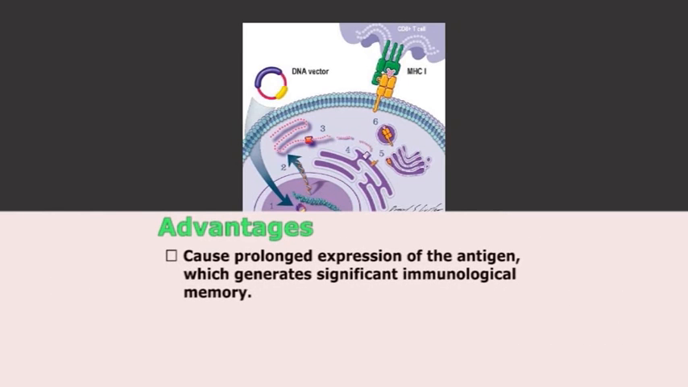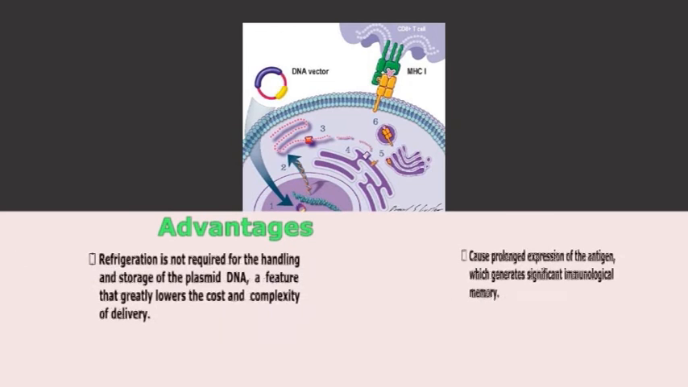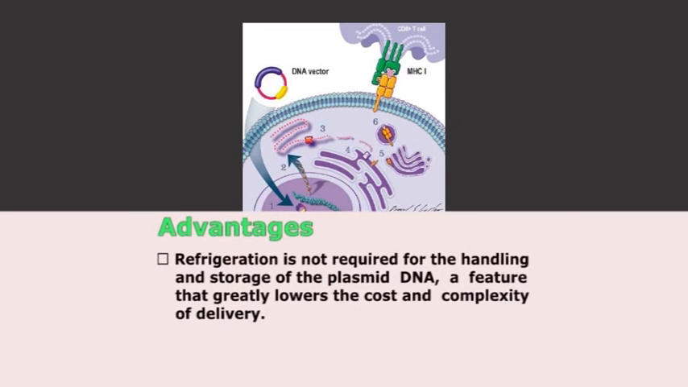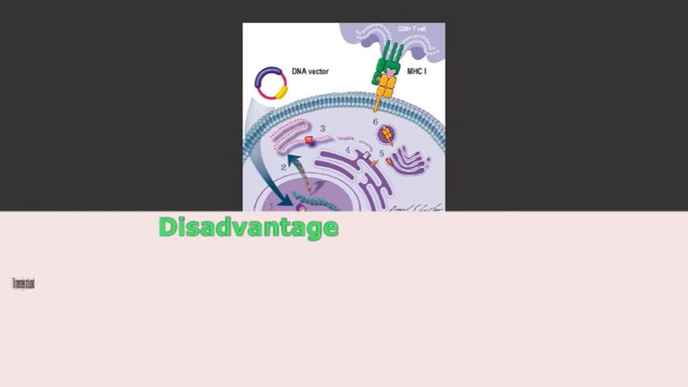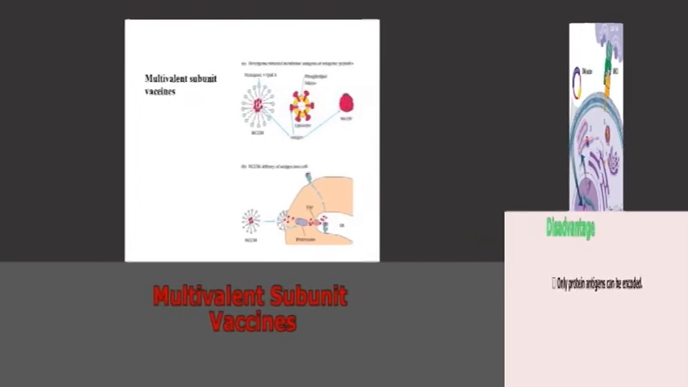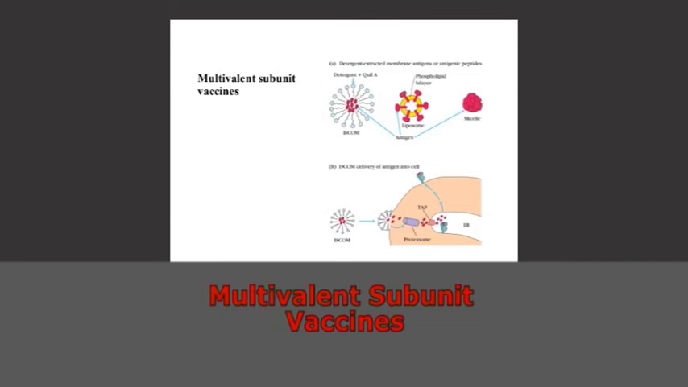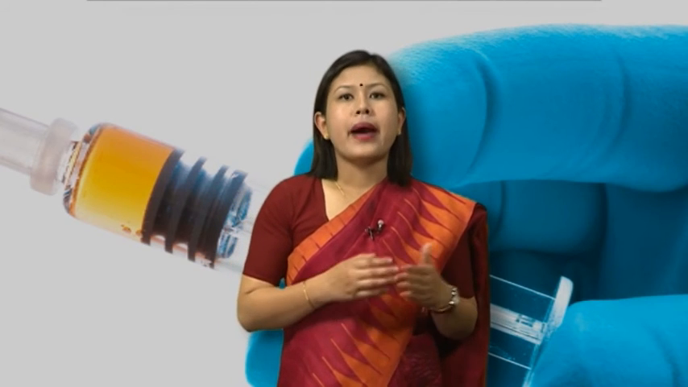It causes prolonged expression of the antigen, which generates significant immunological memory. Refrigeration is not required for the handling and storage of the plasmid DNA, a feature that greatly lowers the cost and complexity of delivery. One disadvantage is that only protein antigens can be encoded. Multivalent subunit vaccines. These vaccines employ solid matrix antibody antigen, SMAA, complexes by attaching monoclonal antibodies to particular solid